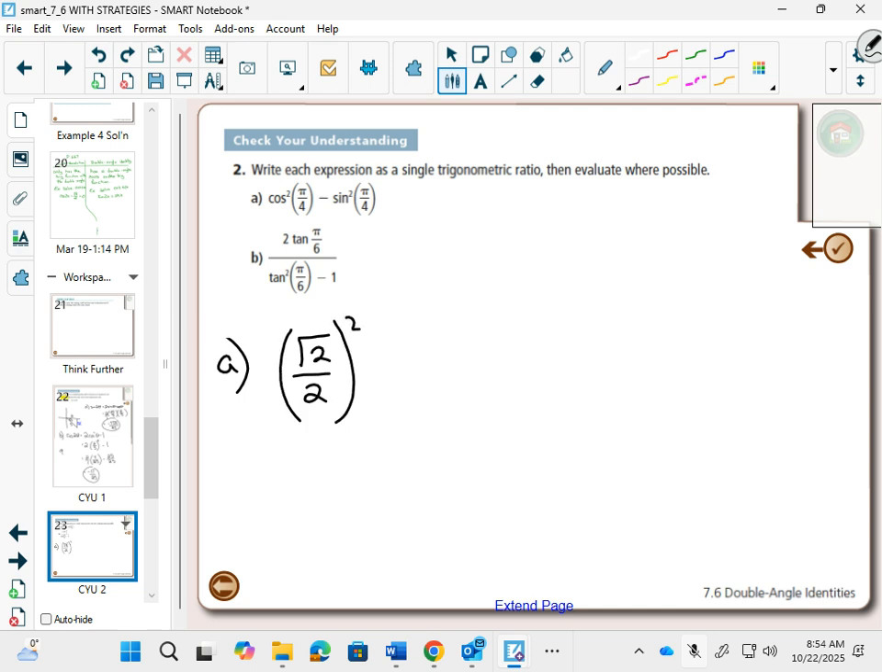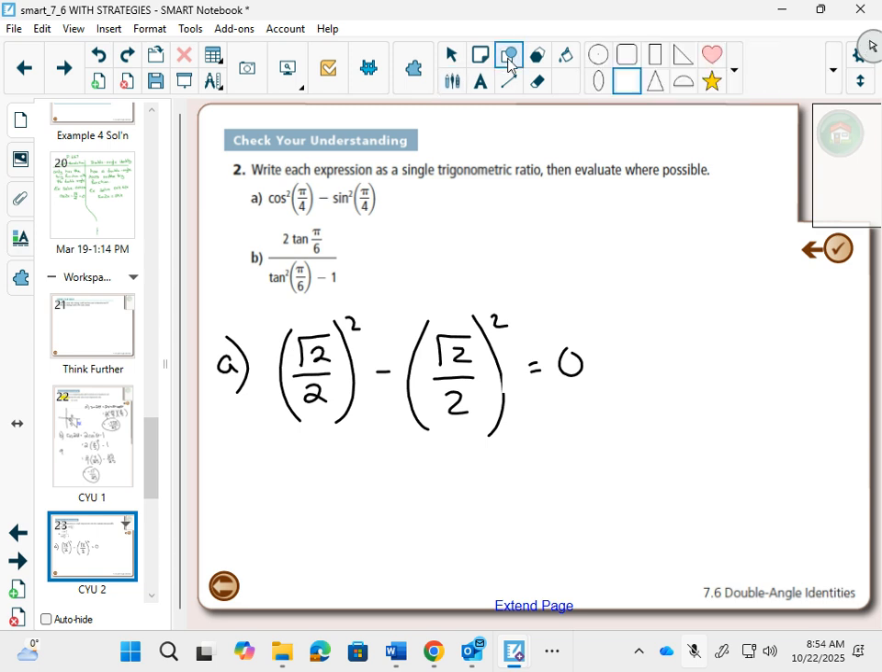If I squared it, and then subtracted sine of pi over 4, which is root 2 over 2, and squared that, I think you could do this mental math pretty quick. This is equal to 0. This wasn't the intent of the author of this question. They didn't want you to do that. They probably wanted you to do something more along these lines, but I'm going to do it